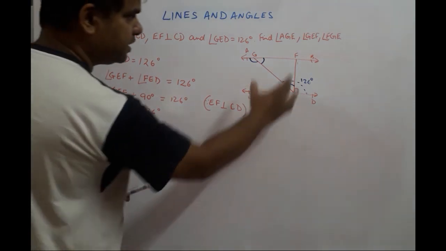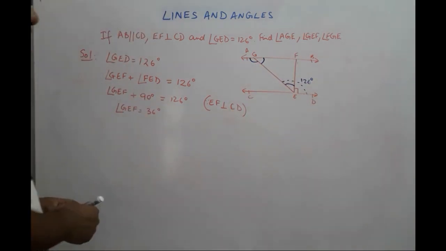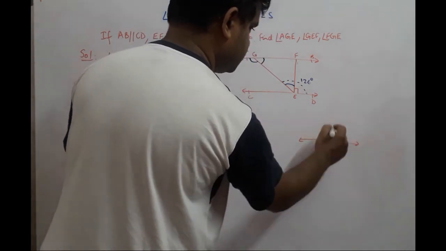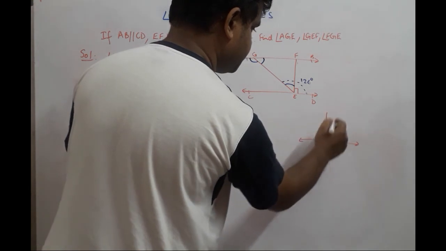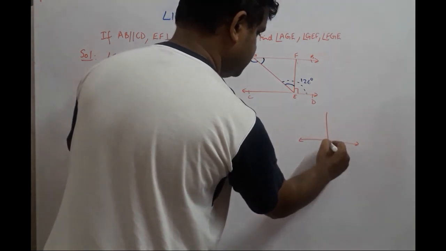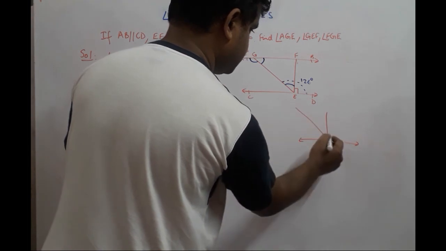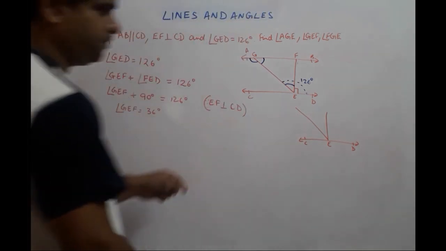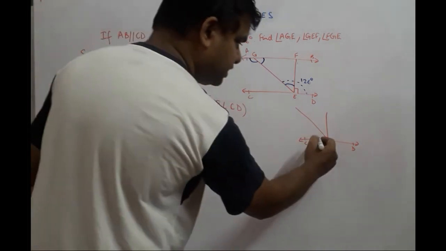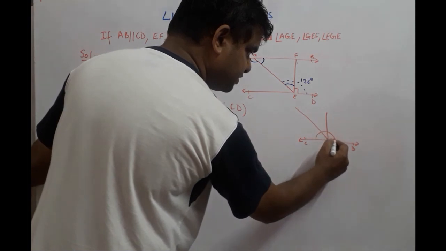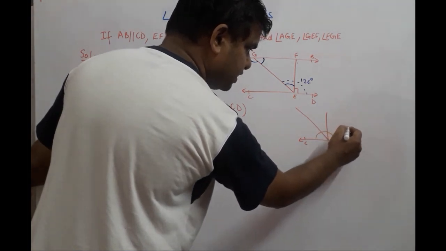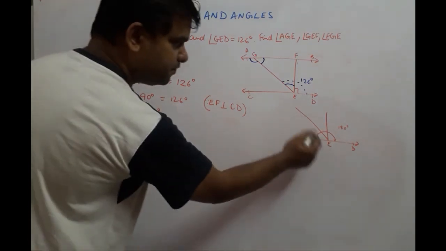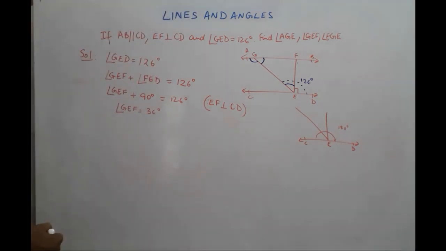Now have a look at just this part. I'll just draw it separately over here, the part that I'm referring to. You have E over here, and you have D over here, and you have C over here. Now this entire angle here is 180 degrees, correct? It's a straight line. So whatever angles come form linear angles because they are all adjacent angles.